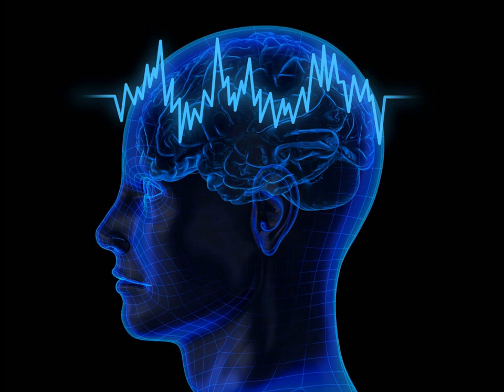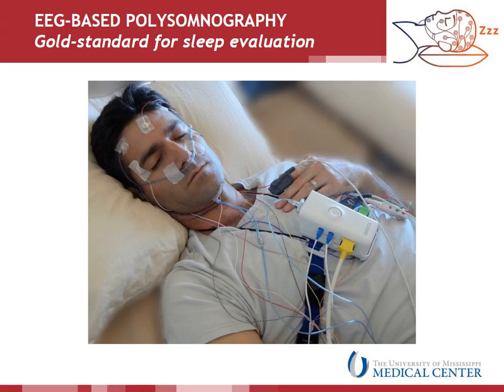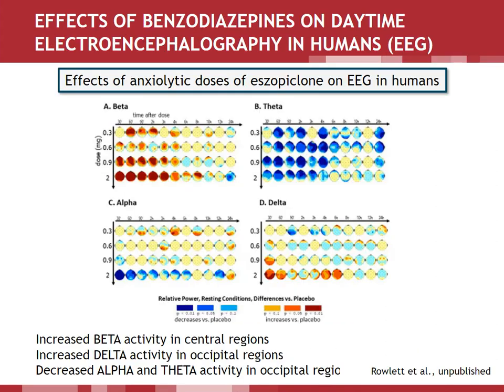And in the context of our research, EEG becomes even more useful when you consider that you can get to multiple effects of benzodiazepines by using this model. For example, EEG-based polysomnography is the gold standard approach for sleep evaluation in humans, meaning that we would also be able to get to benzodiazepine-induced sedation using EEG-based sleep recordings. But most importantly, studies had shown that benzodiazepine drugs induce very specific changes in EEG patterns when given during the